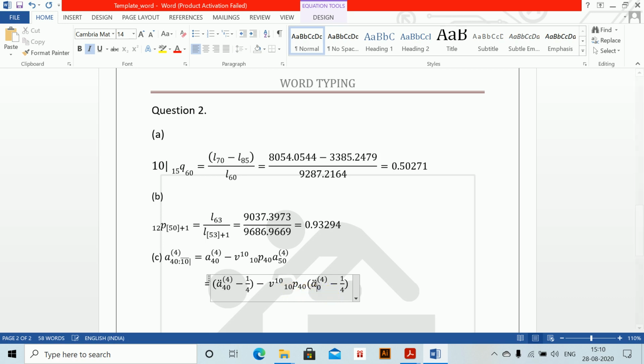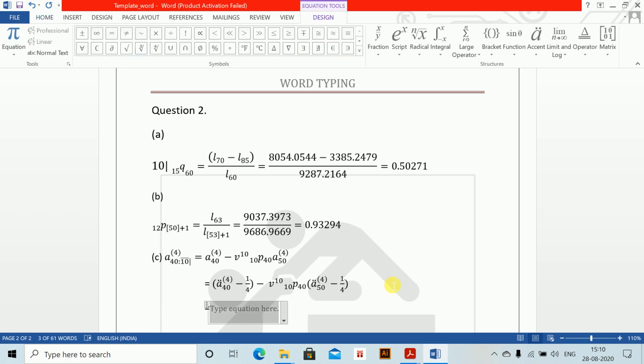A due 50 minus 4, alt equals to. Once you solve this, we know that in the tables the values are for a due x and not a due xn. So again we have to convert a due xn to a due x. So this again will be solved. So a-double-dot underscore 40 minus 3 by 8 minus 1 by 4. So approximations are in 2 steps,